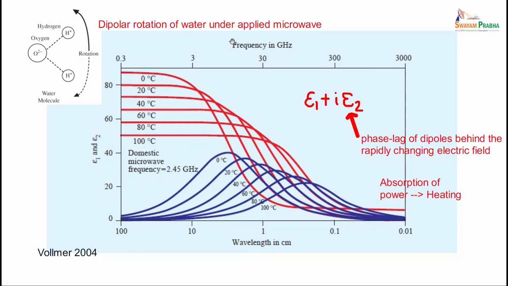This is also something you utilize in your day-to-day lives. For instance, you operate a microwave. It is related to how the dipoles are responding to a rapidly changing field. The microwave involves frequencies in gigahertz. The electric field and the magnetic field are changing at very large frequency, and then the dipoles may not be able to respond very well at those frequencies. When they are not so easy to respond, there will be friction between adjacent dipoles, which will cause a kind of heating effect or absorption of power.